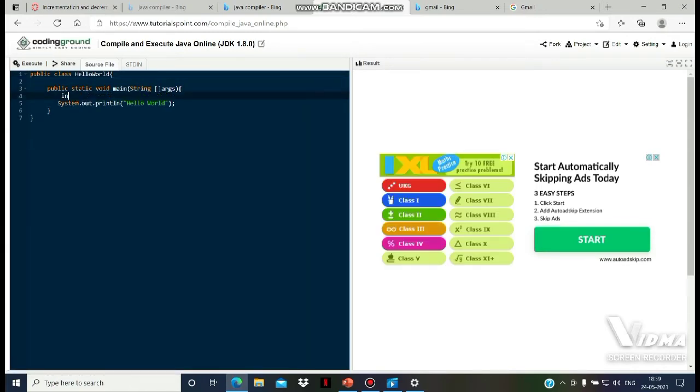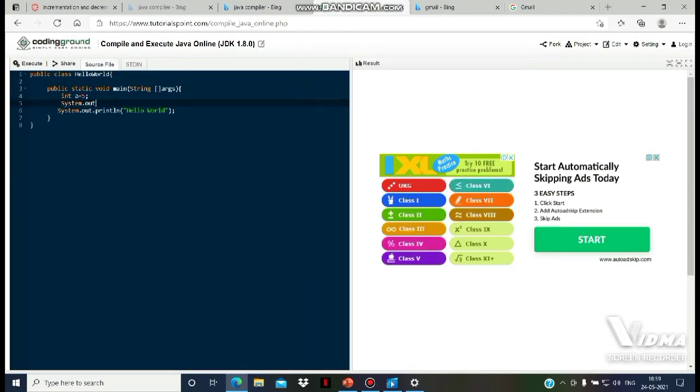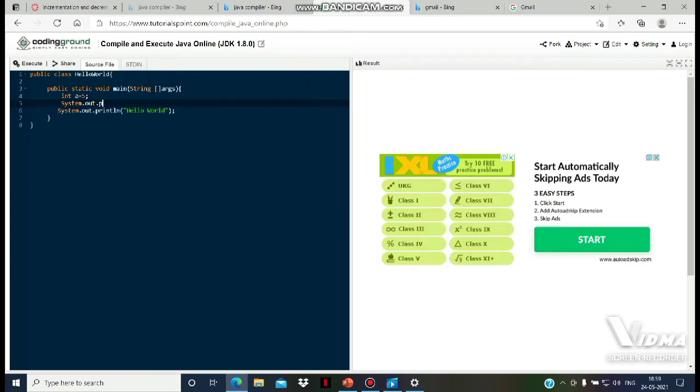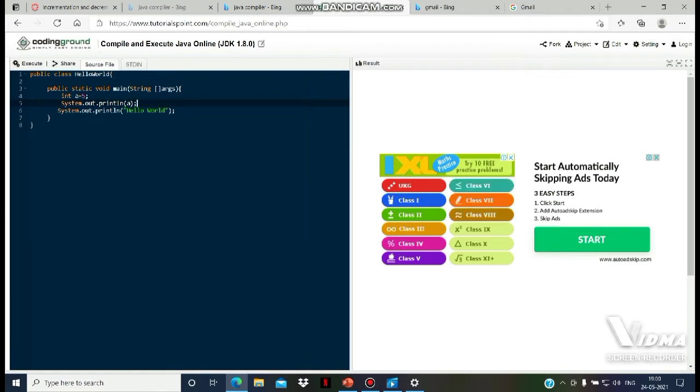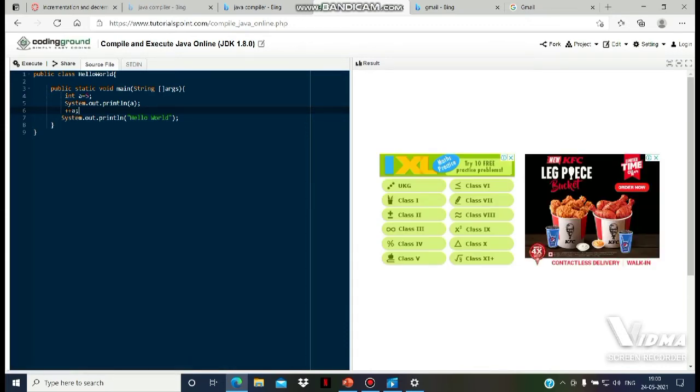So declare the a value as 5 with int type and System.out.println. Here print a, and now you pre-increment a and then you print the a value.